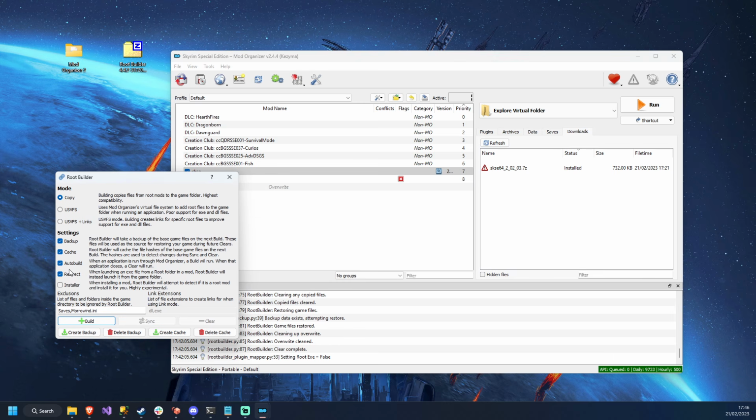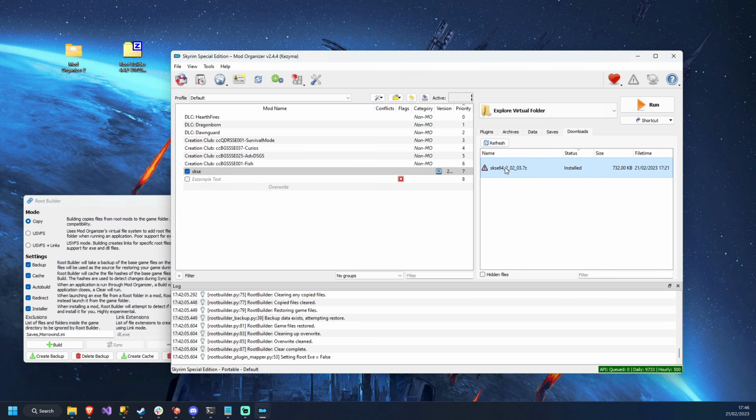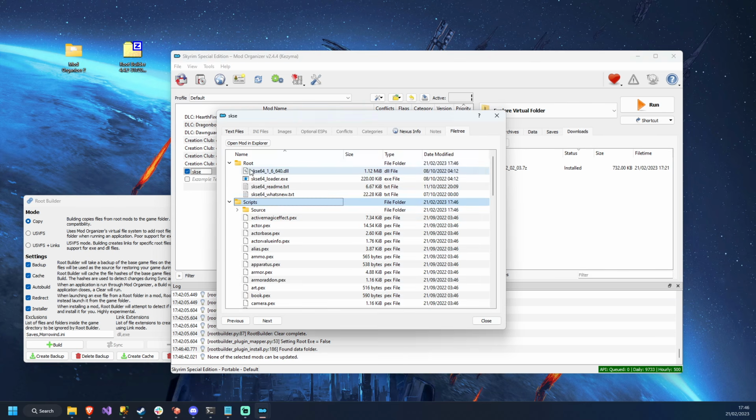There is also an installer setting which is disabled by default. If enabled, then Root Builder will try to automatically detect when you're installing a mod that needs root files. So now that I've enabled it, if I double click on SKSE here, you can see that instead of prompting me to sort my files out, it's just said it's a Root Builder install, it's figured it out, and if I click OK, I could merge or I could replace, it didn't really matter, and it will detect it and